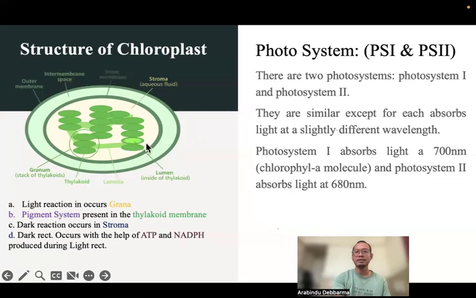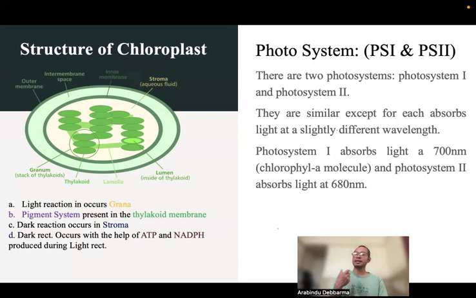The dark green area is where photosystem 1 and 2 are present. Photosystem 1 absorbs light at 700 nanometers, and photosystem 2 absorbs light at 680 nanometers. These are all part of chlorophyll A. Now, photosystem 1 and photosystem 2 don't mean that they are in a serial manner. It is not in the form of photosystem 1 and photosystem 2 serially, but it is based on the